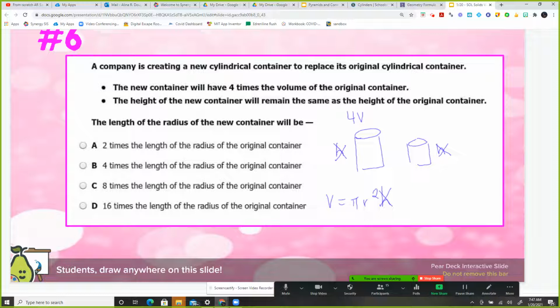Does that make sense? So if the volume of this newest cylinder is 4V and the volume of the original is 1V, I want to know what happened to the radius. So if I do 1V equals pi r